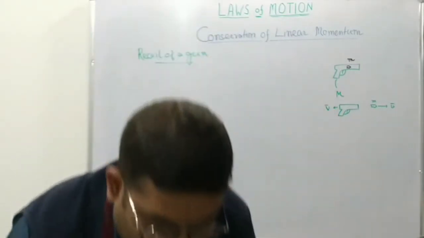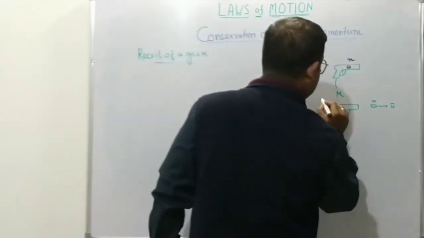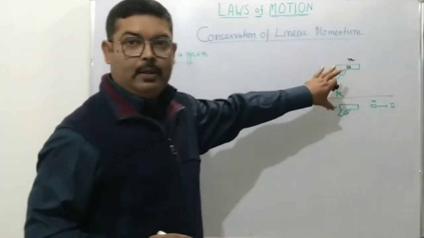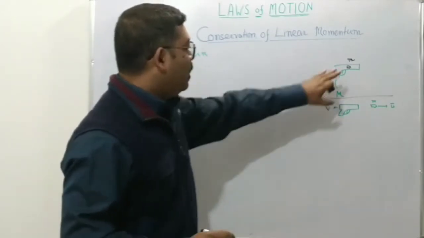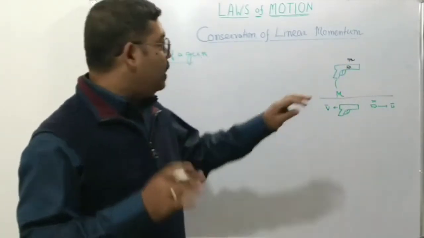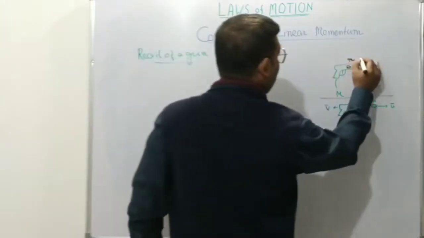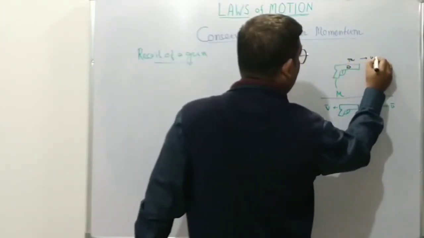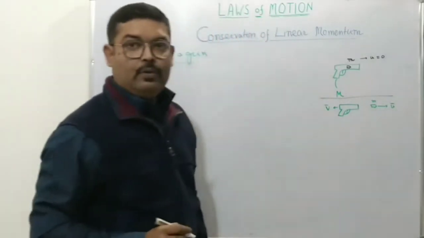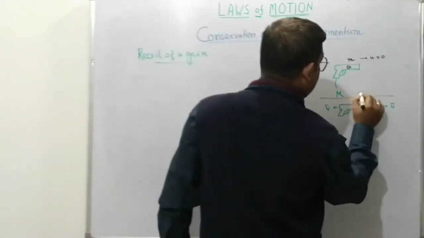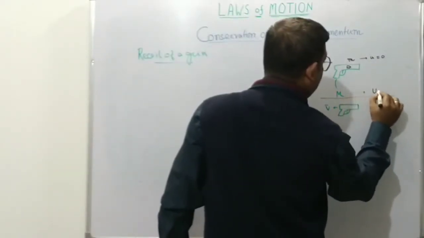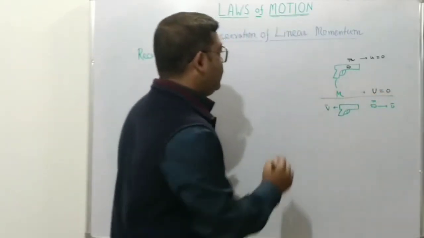So what we have here are two different conditions. First, the bullet was loaded and the gun was not fired. So what was the initial momentum? Because the system is stationary initially, the velocity of the bullet was 0 as well as the velocity of the gun was 0. This was before